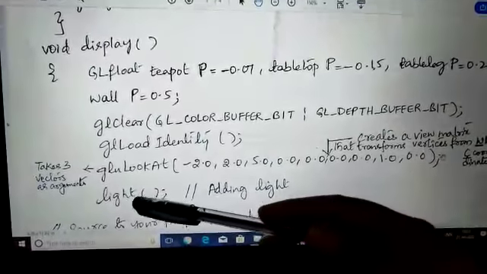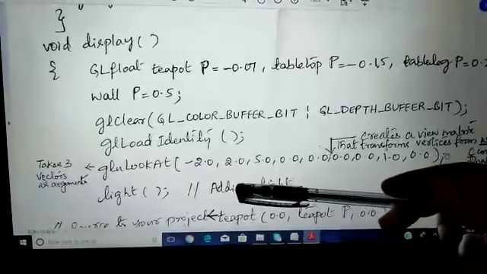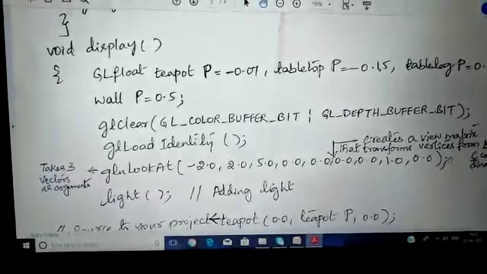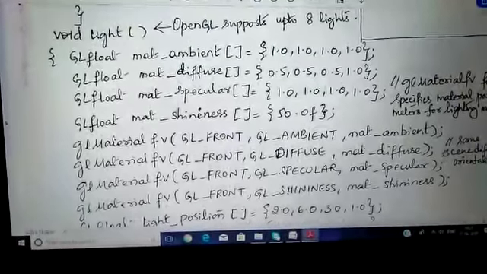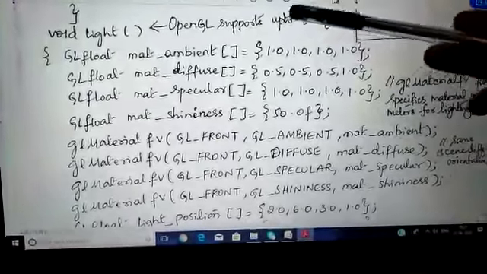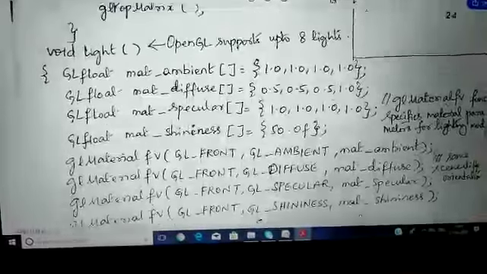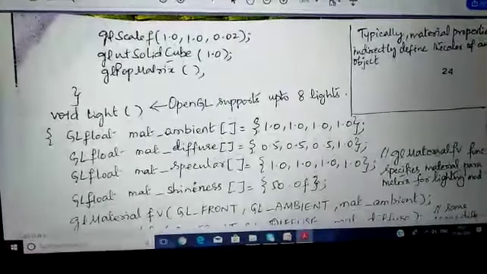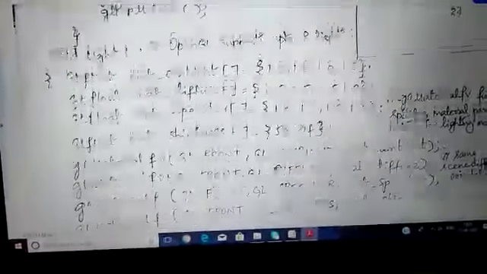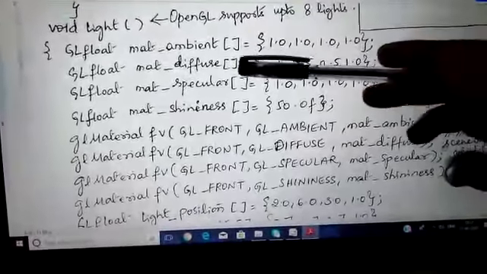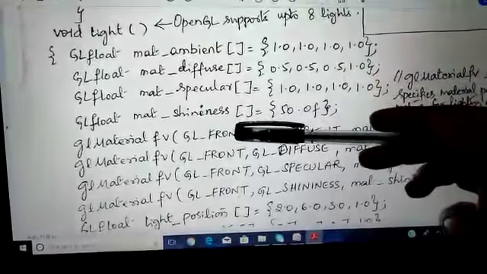Then we are calling the light function, which adds light to our object. Let's see the light function. OpenGL supports 8 light sources, where the material properties indirectly define the color of an object. Here we have ambient, diffuse, specular, shininess.